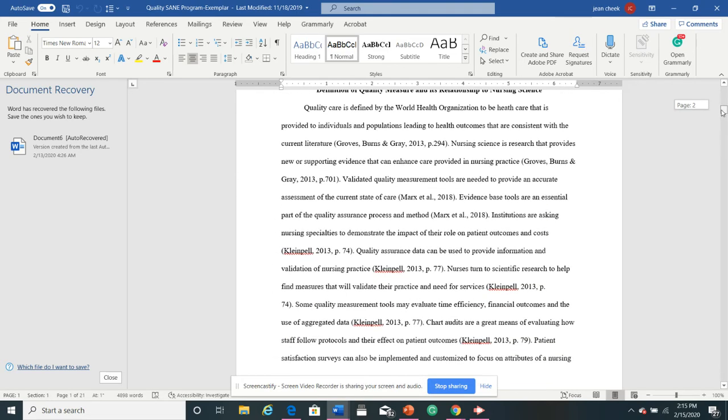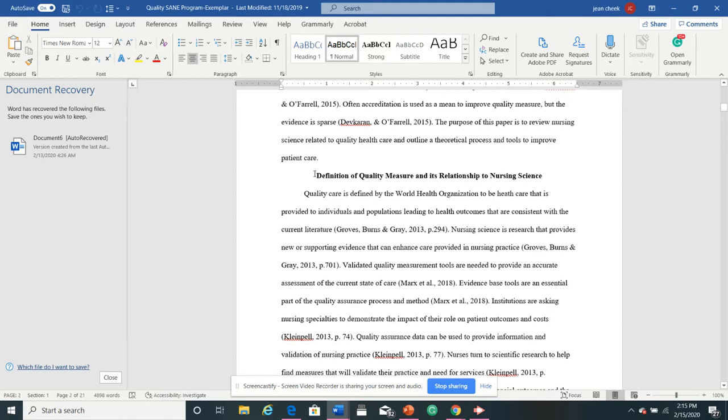So as you can see here, I cite here. I go on to my first header. My first is a level 1 heading. You see it's all bolded, centered. And then I go into the body of my paper. And so you see here, Groves, Burns, Gray. This is a book. And look, I have it again. And actually, I don't even have to have all these, because when you have 3 or more,